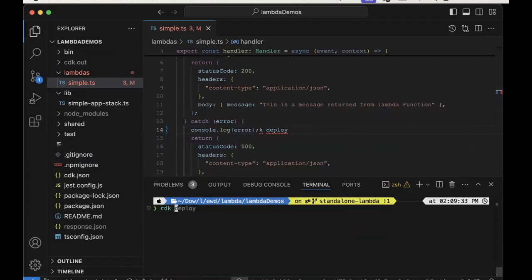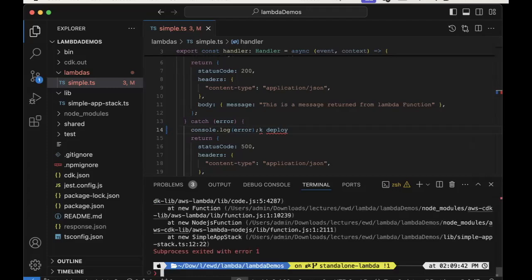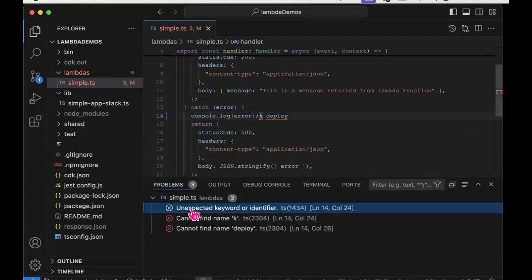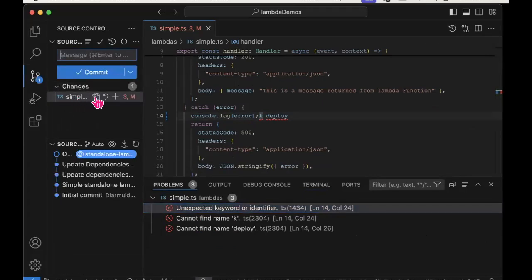CDK deploy. Same sequence happens. Oh dear, why is it doing that? Do I have errors in my code? I do. Oh, let's quickly undo that.